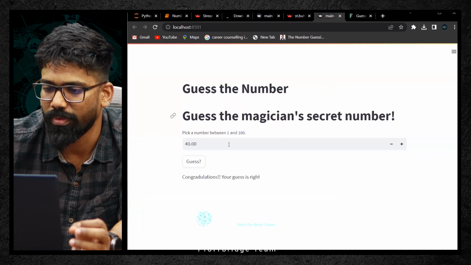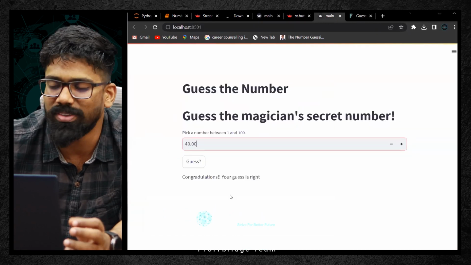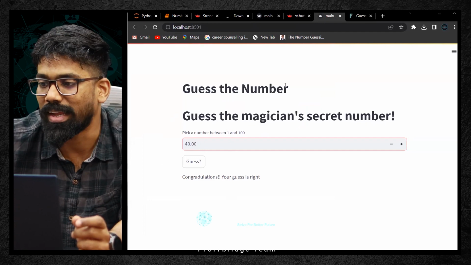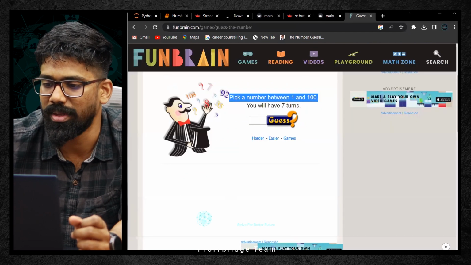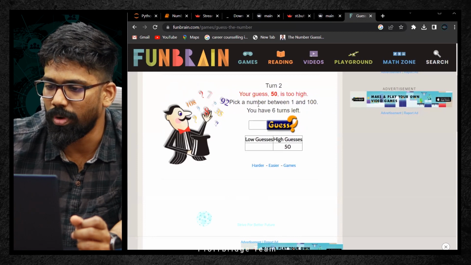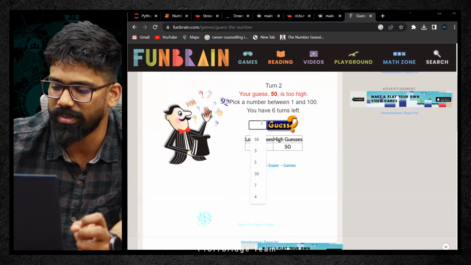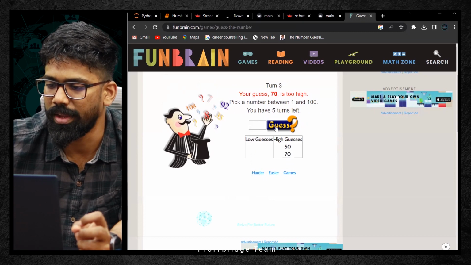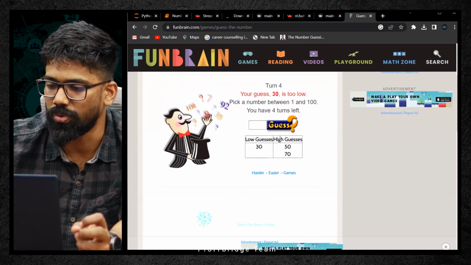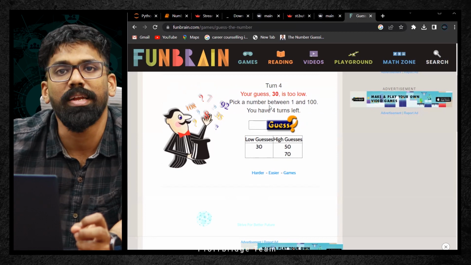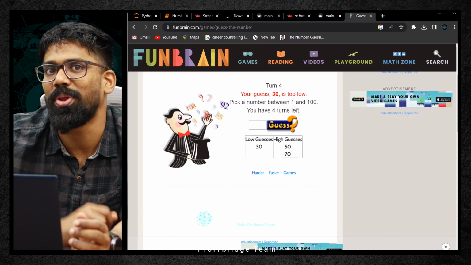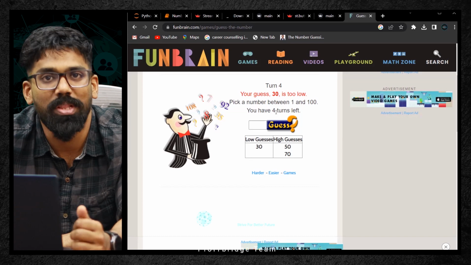Also, with 7 turns, 8 turns also we can do. Maybe in the next video, I'll include how you will have only 7 turns. Whenever I enter 15, it will say, pick a number, you have only 6 turns. It's a low guess. Maybe I'll guess 70. If it says high guess, 70 is too high. Okay, maybe a lower number I need to guess. 30. 30 is too low. The number is between 30 and 50, meaning this number is getting decremented, right? How it is getting decremented, and if I'm able to find the right number, what will be the logic? In the next video, I'll be showing you. So stay tuned with this particular channel.